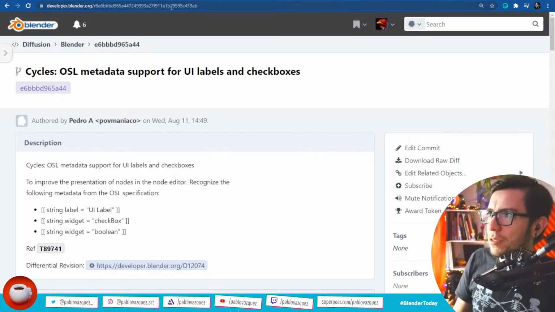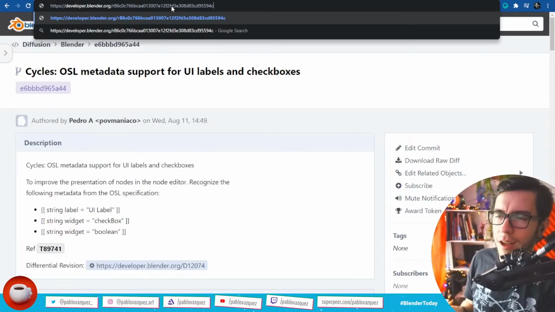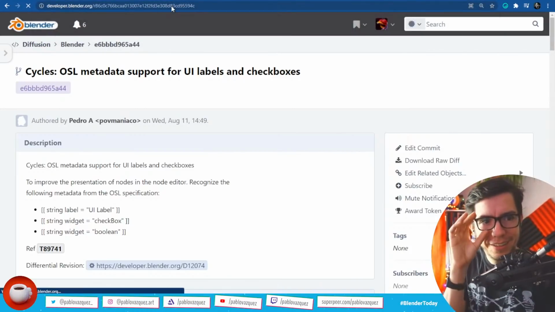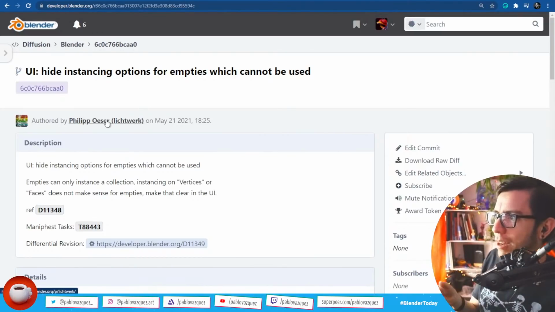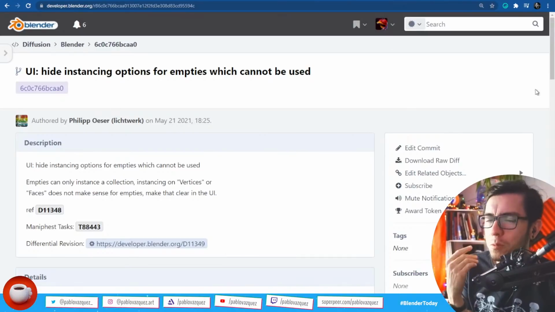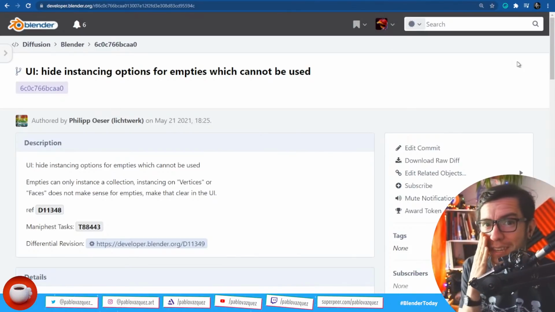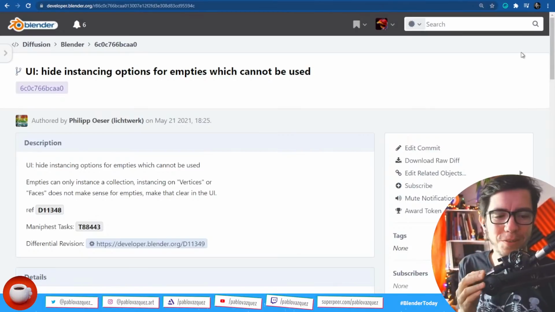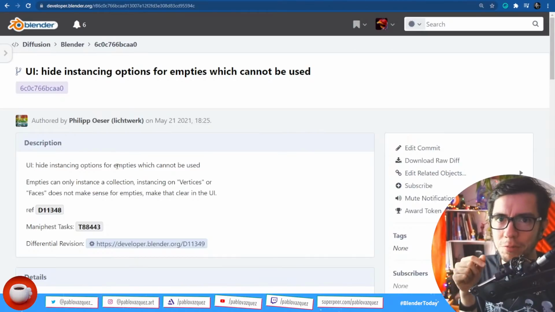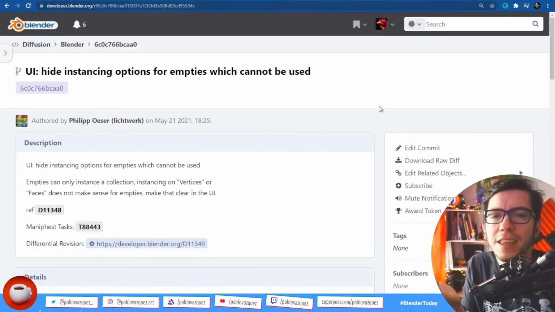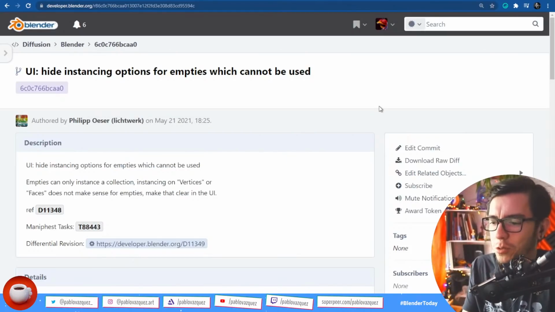Okay, a round of changes in the user interface that are more housekeeping or quality of life improvements. Philip has been working on a bunch of these to make the user interface more consistent and to make more sense. Why? Because, for example, there were instancing options available for objects that didn't make any sense. An empty object would have a setting to instance vertices or faces, dupli faces as it used to be called.